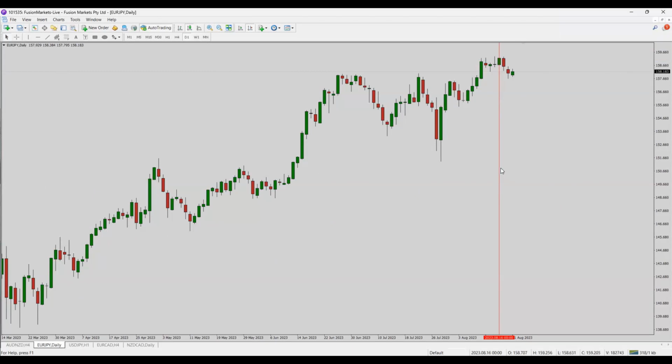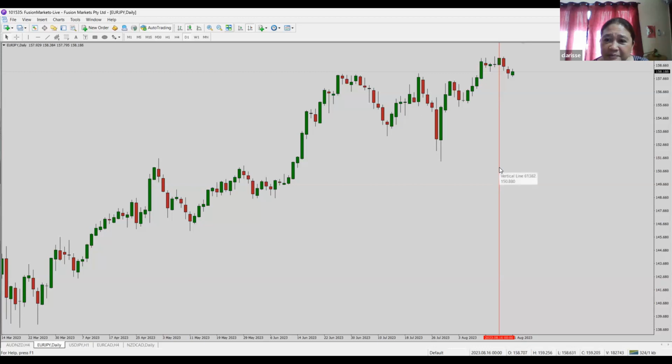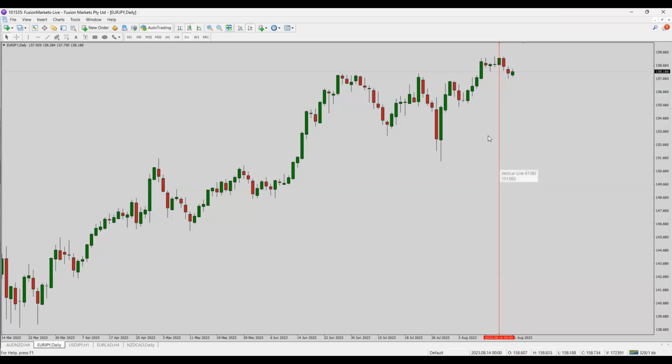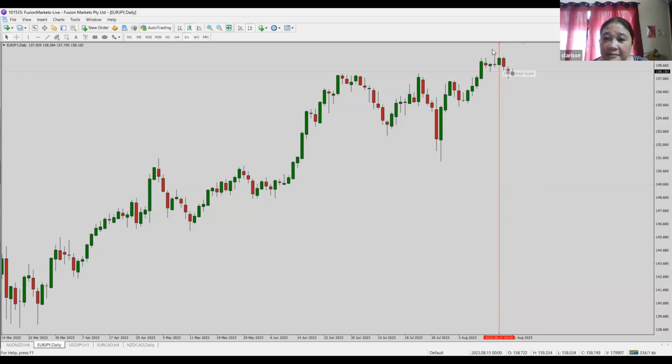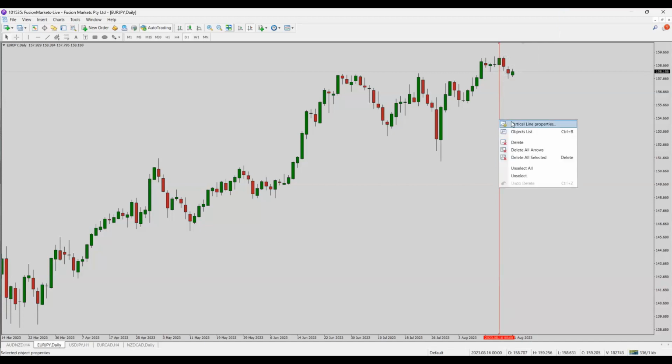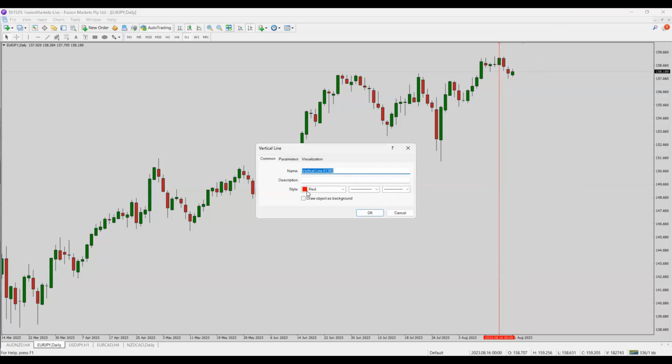Okay, you can see that I put my cursor over the vertical line and then double click. Can you see there's one small dot on top and one small dot below? Once I see the two dots, now I can right click and make changes to this line, like changing the color or the type of line.